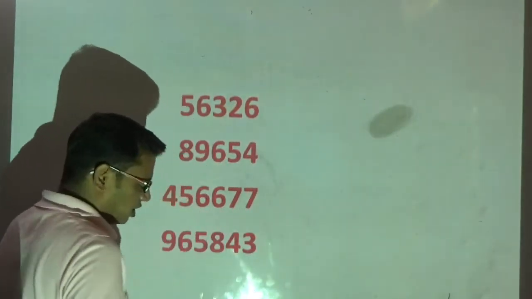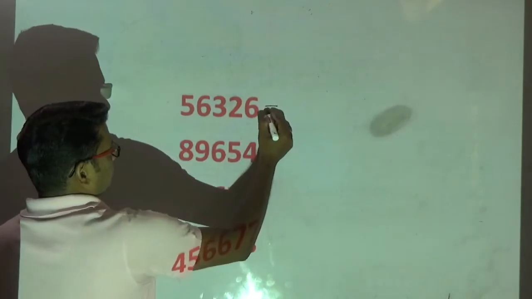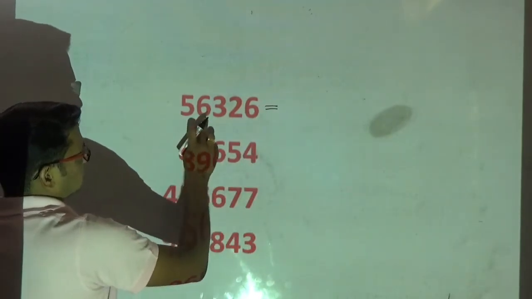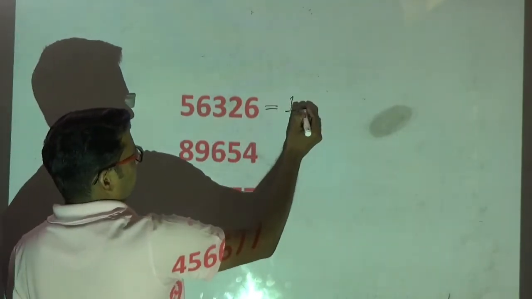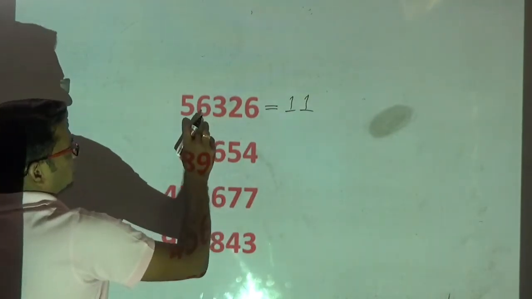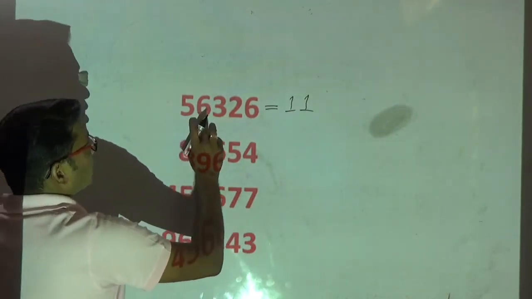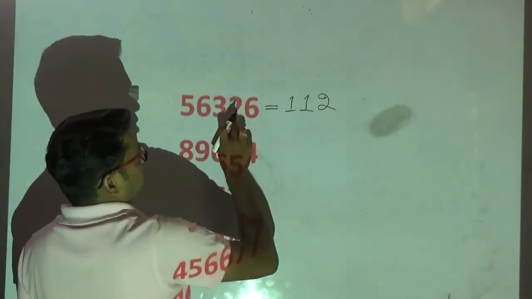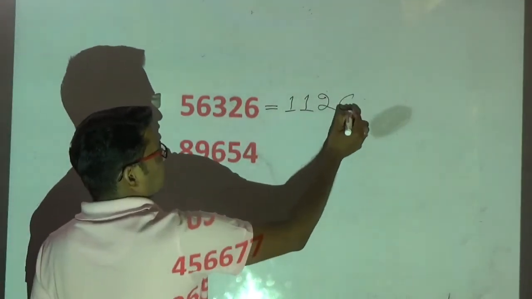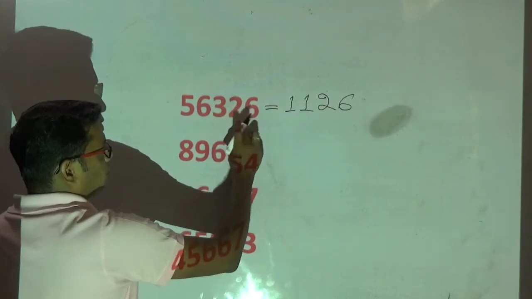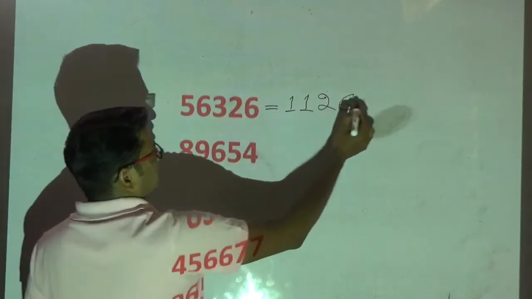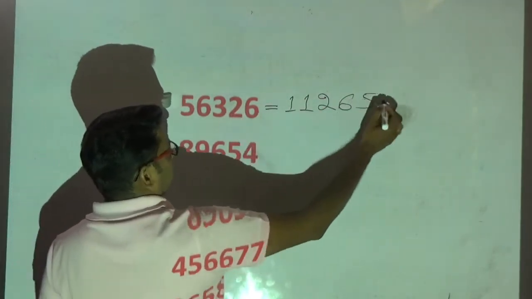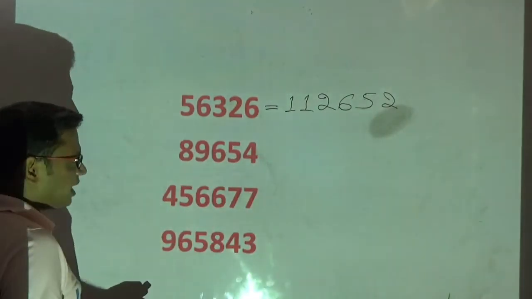See, this is a very easy concept. Double of 5, 10. Next number I check. Therefore, plus 1, 11. Double of 6, 12. Next number is not more than 5. Therefore, end digit only I will write without increasing. 3 double is 6. This is not more than 5. So, 6 as it is. 2 double is 4. Next is more than 5, so 4 plus 1 is 5. 6 double is 12. End digit. So, that's my answer. How quickly I am solving.